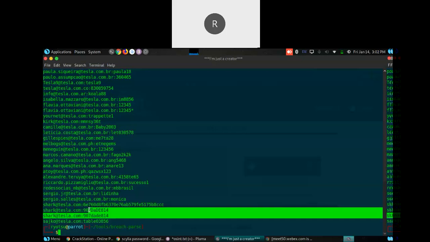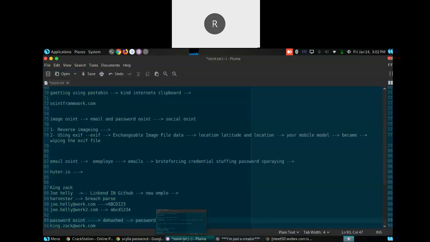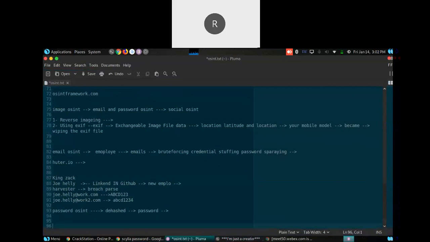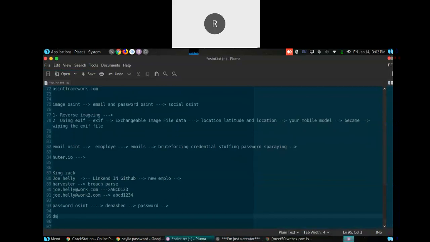So I'm telling you the methodology, because I was not able to get it. We don't have Dehashed, and Scylla, I'm not able to find that. You can go on these sort of sites like Dehashed or Scylla and search for this password. If you are lucky enough, you can get the Gmail or something related to this password, or maybe something related to this person only. You got what I'm trying to say?